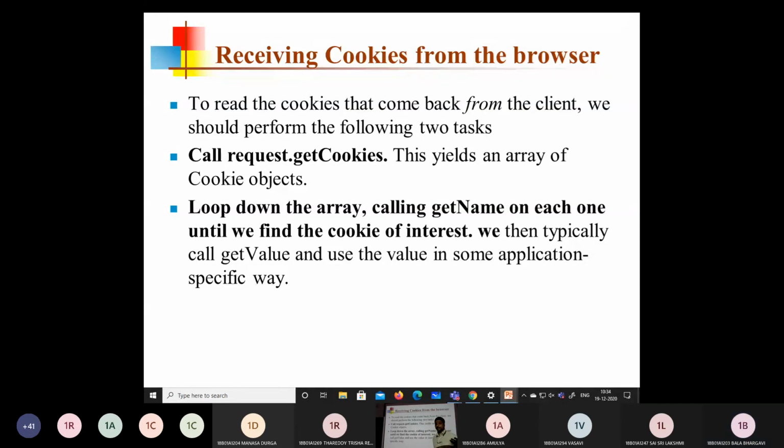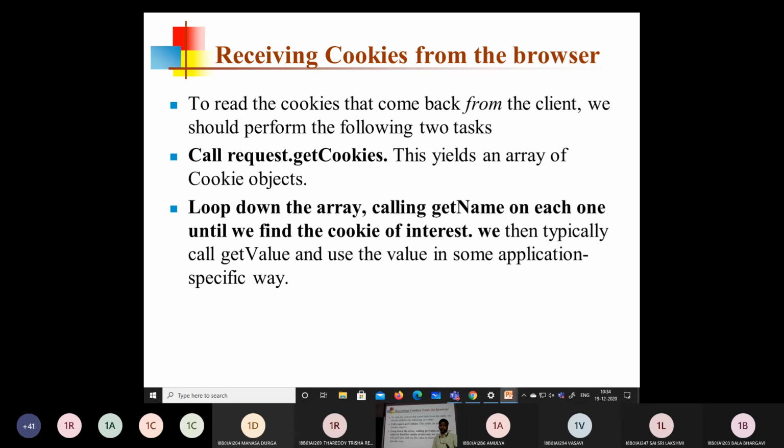Once all the cookies have been received, they will be arranged as per the indices of the array, and that array will be returned to us in the program. So we have to create an array of Cookie objects to store the array returned by the getCookies method. After that, we iterate over the cookie array to retrieve a specific cookie to manipulate.